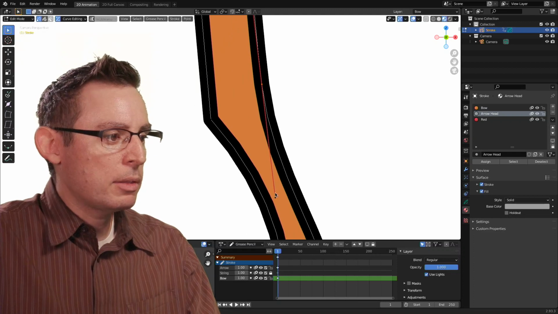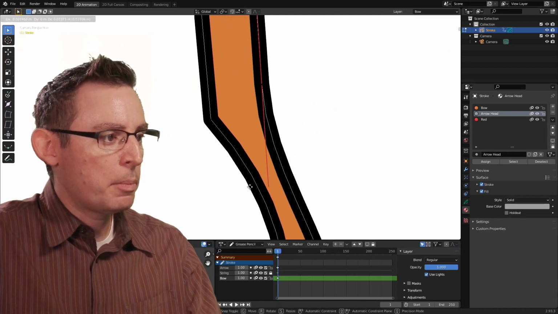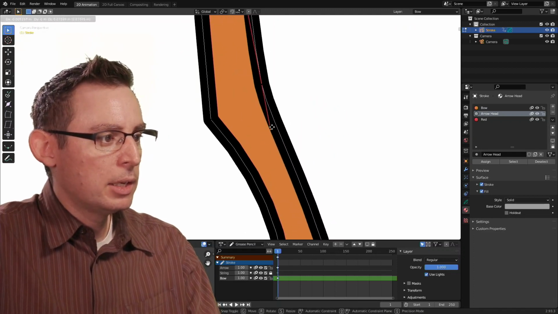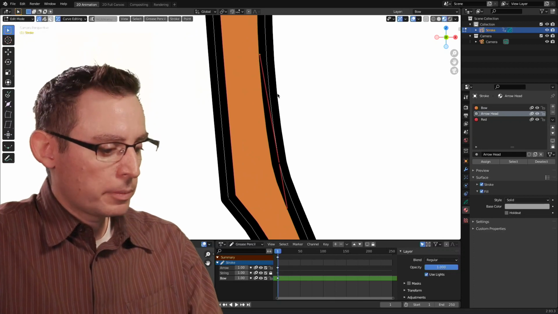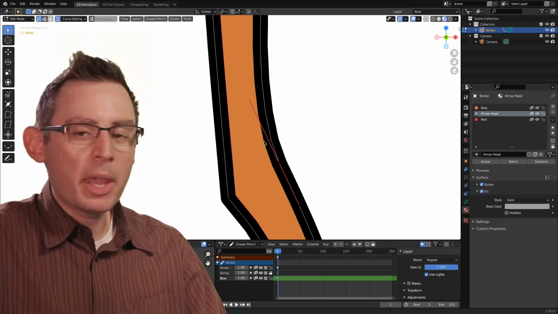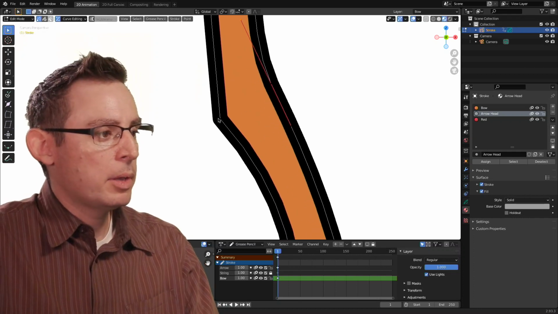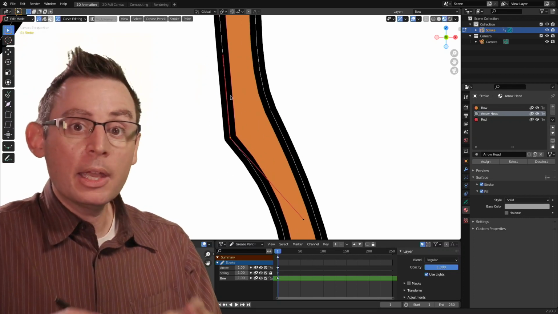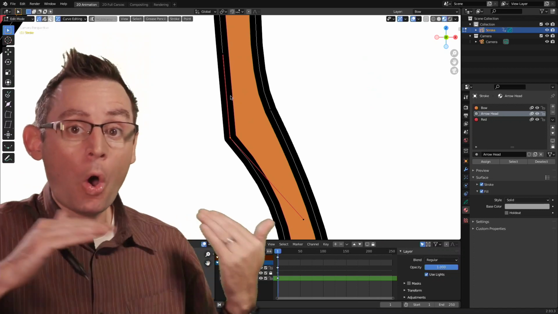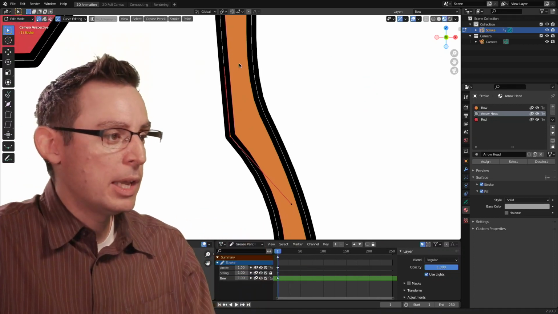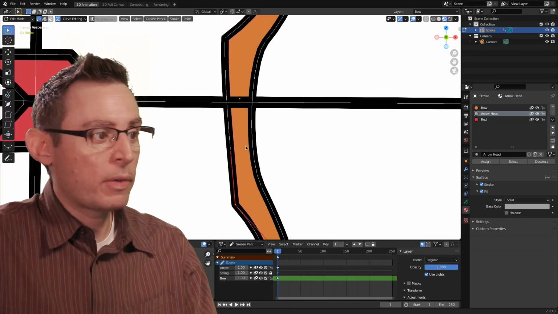Automatic is going to be the default behavior. Now you can see that both sides of the handles are linked to one another, just like the behavior that we had before. And I'll let you experiment with the final type. But we can easily go in and change the handle type for all of our curve points in the stroke editing and curve editing system.